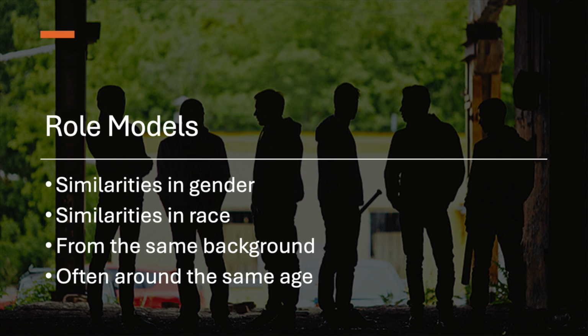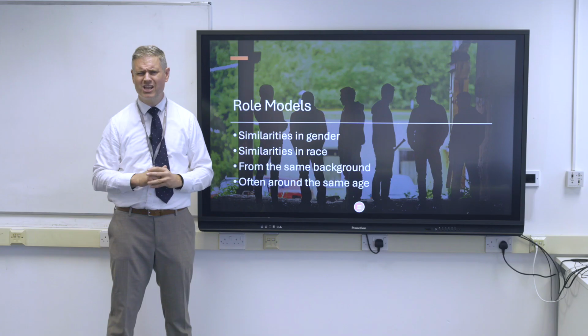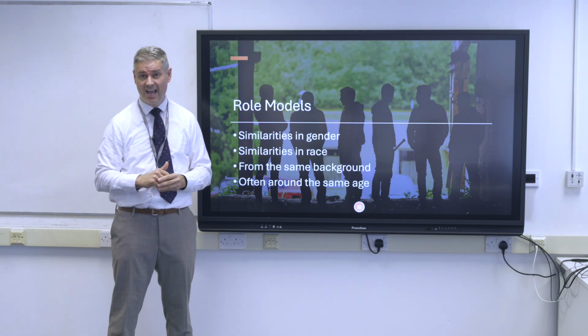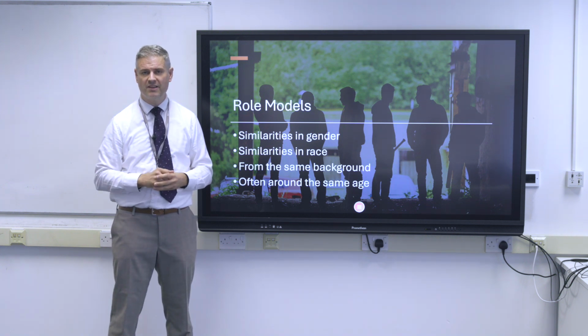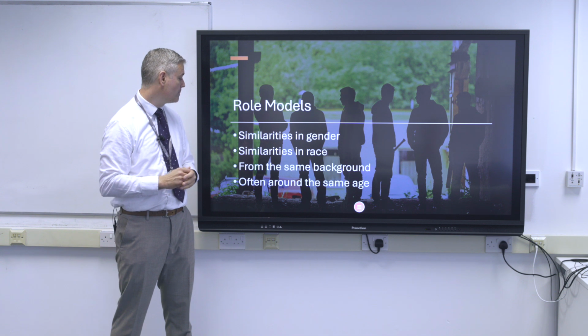We've got a couple of things happening with role models, particularly when we're looking at gang crime. First of all, obviously, they're from similar genders. When you look at it, only about 7.5% of the population that are in gangs are female, so it's very male orientated. And so often they will be male role models that they will look up to that do this kind of crime.